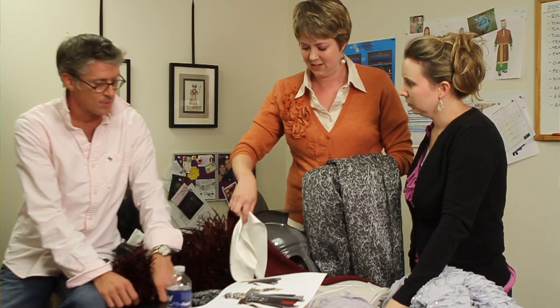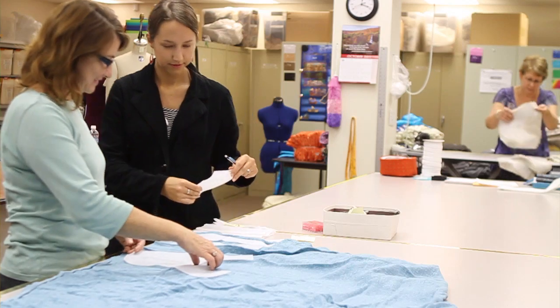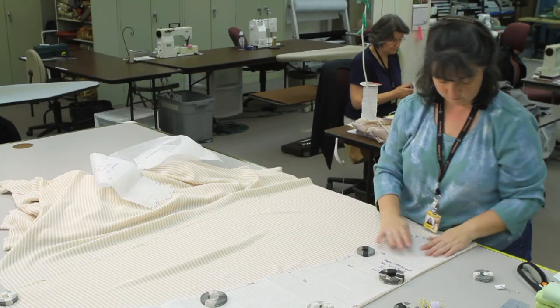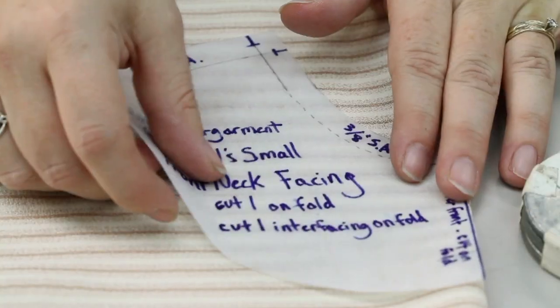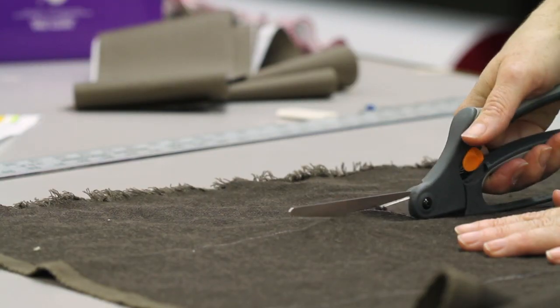After we decide how many of the costumes we'll need and what sizes, we hand it off to the technical seamstresses. They are in charge of making the patterns and getting all the pieces cut out that we need to hand off to the seamstresses to start building the costumes. Once the costumes are cut out, they go to the seamstresses, and that's where the costumes really start to come